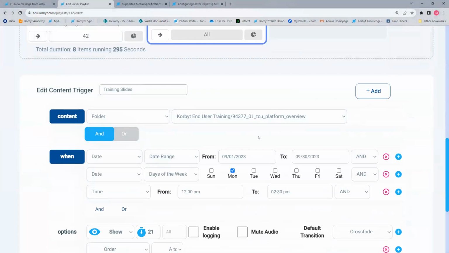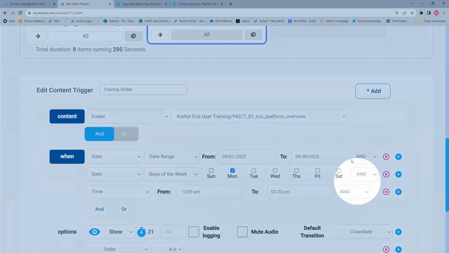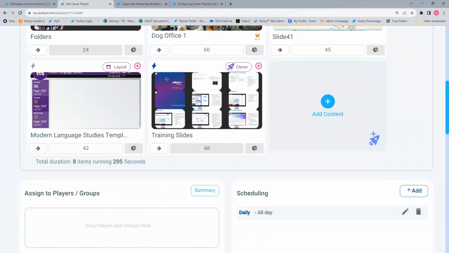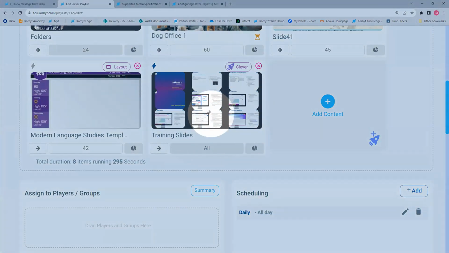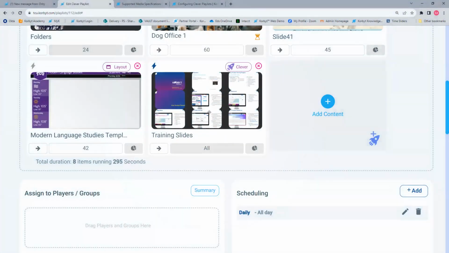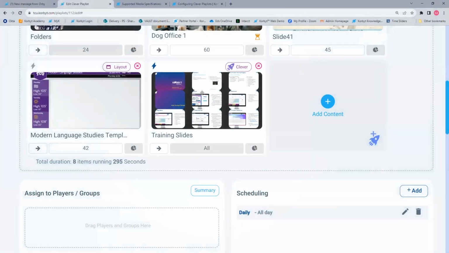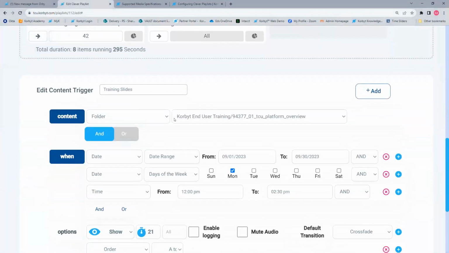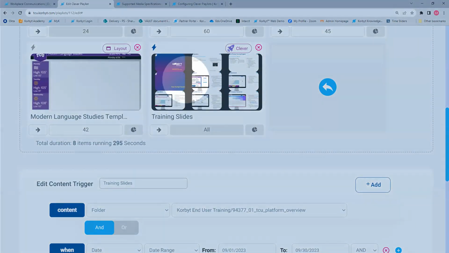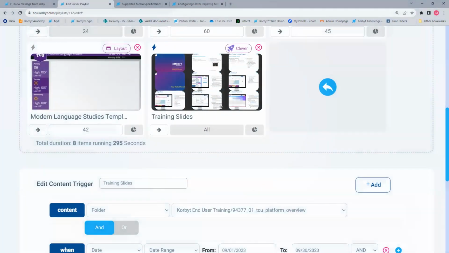Now, the difference between the media manager validity dates and this type of programming is that type of programming, creating a clever rule that says this folder, these items should play on these days, given these characteristics, is part of this playlist. So it only appears here when you actually make it part of the playlist. If someone else grabbed these items, put them into another playlist, it would follow whatever rules that playlist had.